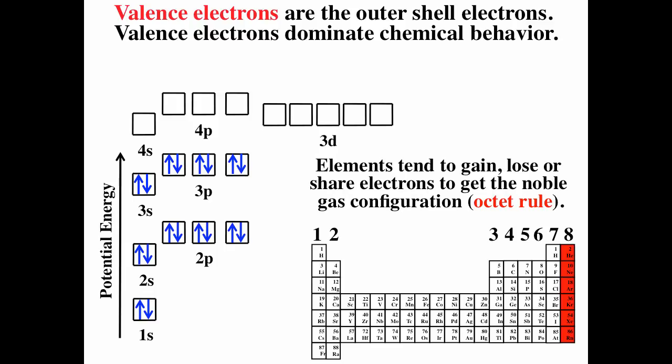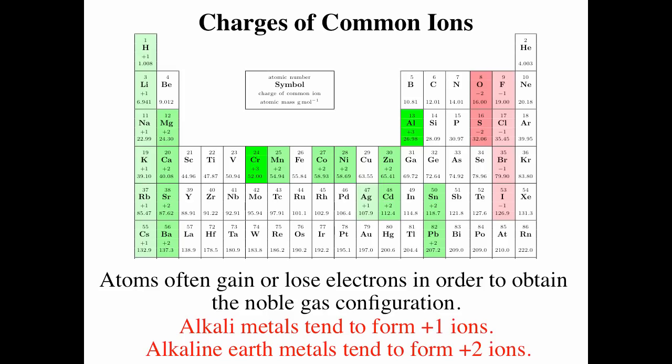We've learned that elements tend to try to gain, lose, or share electrons to get the noble gas configuration. This is referred to as the octet rule because all the noble gases have 8 valence electrons except for helium, which has 2. And so the alkaline metals, if they can lose 1 electron, forming +1 ions, they get noble gas configuration. The alkaline earth metals, if they can lose 2 electrons, they get noble gas configuration, and that's why they form +2 ions. The halogens, if they gain 1 electron, they get noble gas configuration, so they tend to